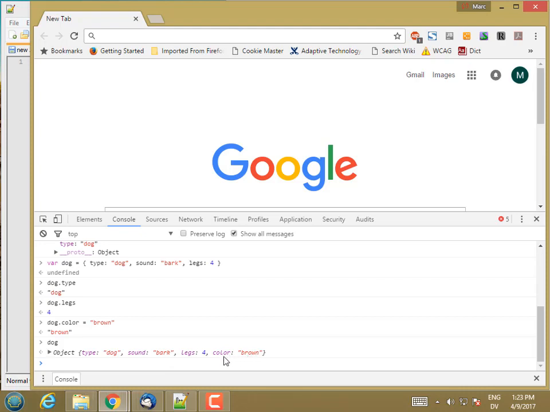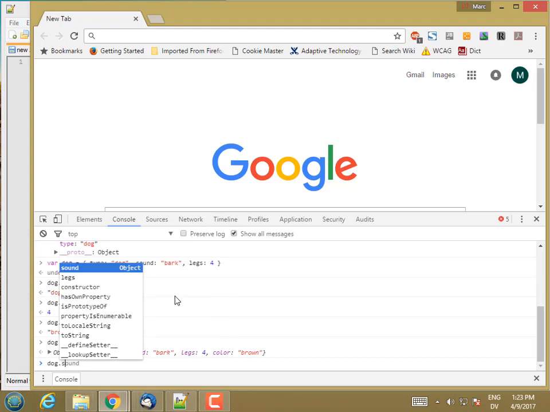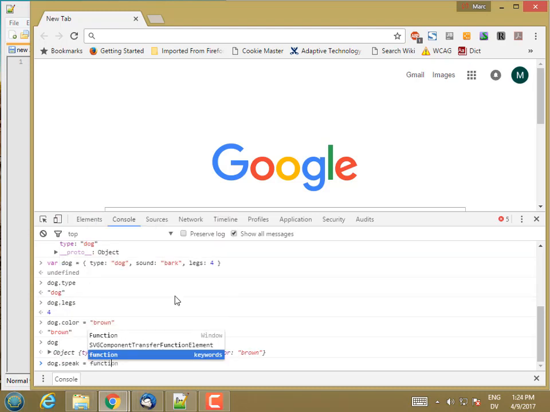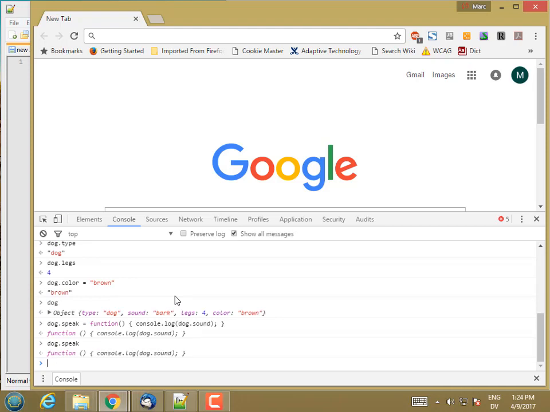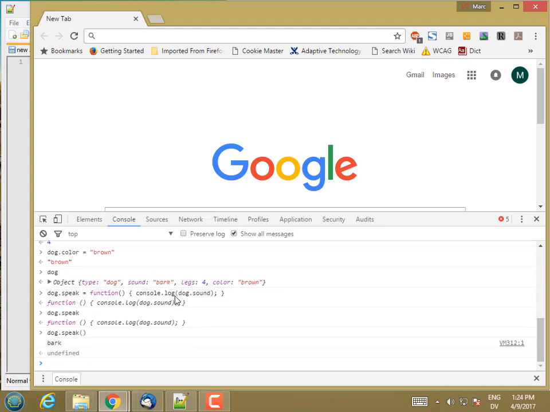Now, in addition to properties, I can also specify methods. And in JavaScript, a method is just a property whose value is a function. So for example, I can say dog.speak is equal to a function that takes no arguments. And what it's going to do is console.log dog.sound. So if I say dog.speak, the value there is a function, and if I call that function, it writes bark